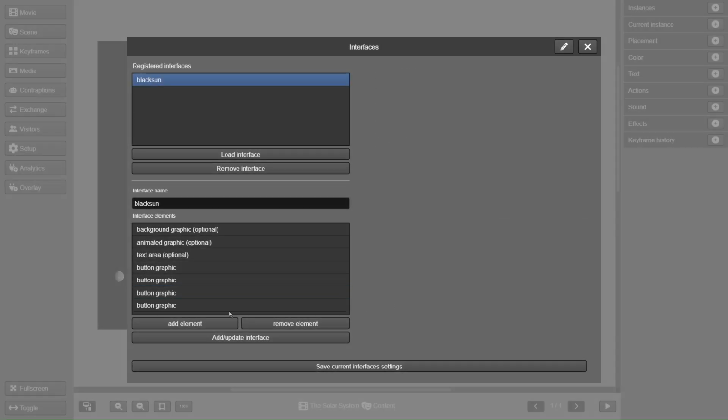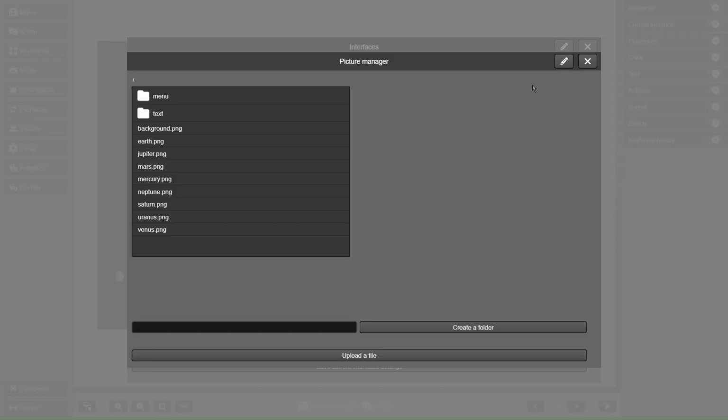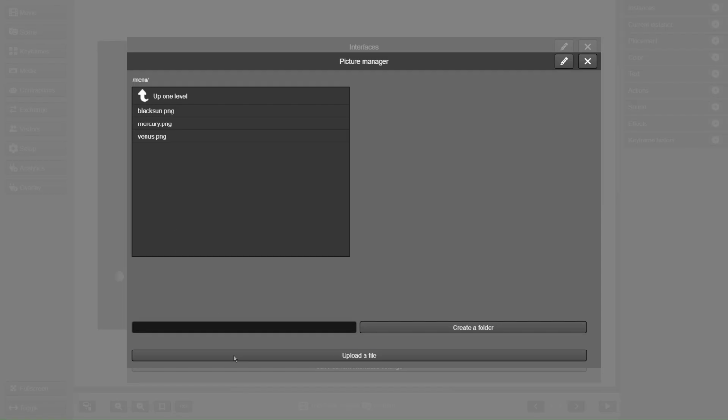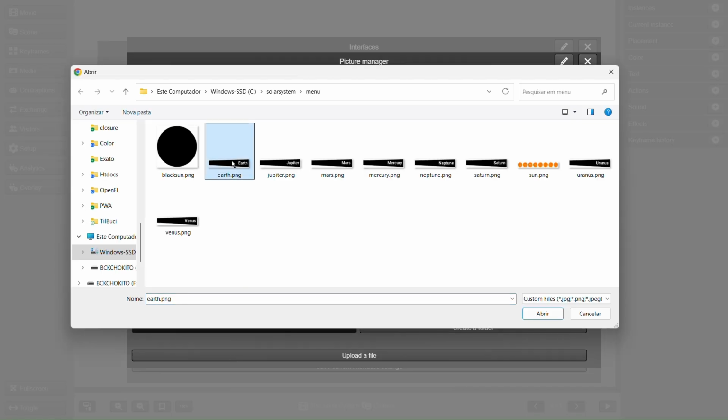Let's add the Earth button to the interface. Use the X position as 140 and Y as 68. As rotation, use 23 degrees.